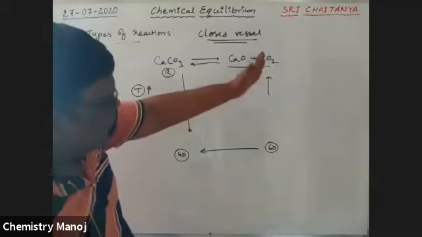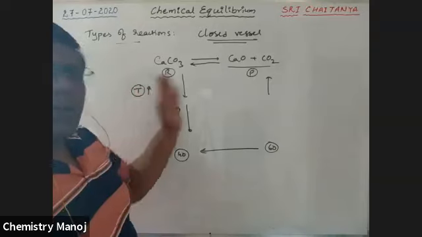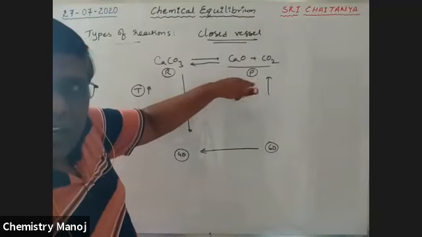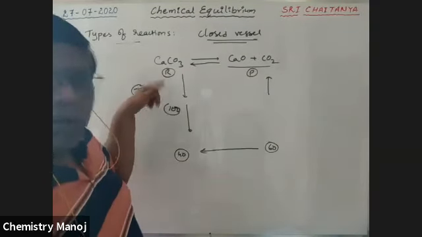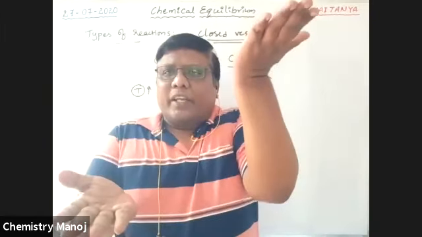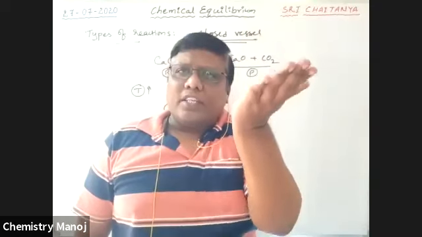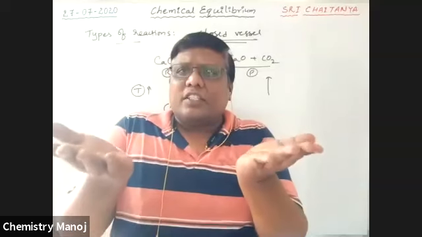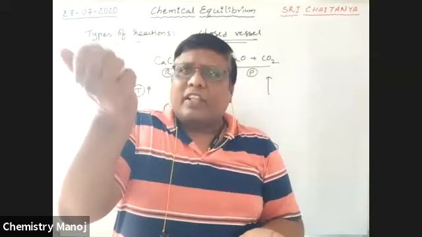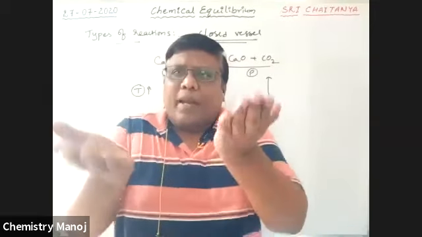Okay. So now these products convert into reactants. Once again this percentage decreases and this percentage increases, because now these are the reactants and these are the products. Let us take these as the reactants at the beginning, with no products. Slowly the concentration of reactants decreases and slowly the concentration of products increases. Now products are more, so they are involved in the reaction, and slowly try to balance at one place.